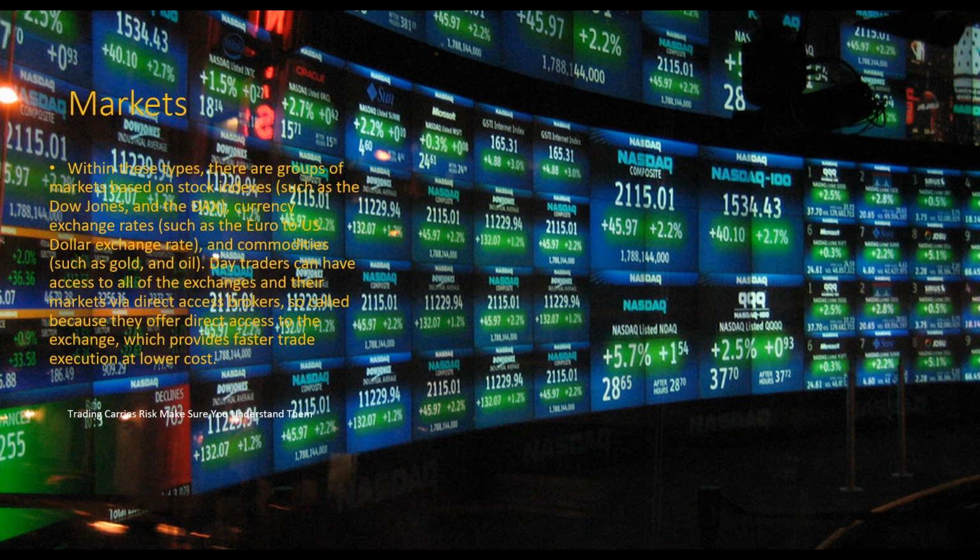So within these types, there are groups of markets based on stock exchanges such as the Dow or the DAX, currency exchanges such as the euro and the dollar exchange rate, commodities such as gold or oil. Day traders can have access to all of the exchanges and their markets via direct access brokers. Now, if you're trading on CMS Trader, you have direct access to it all via